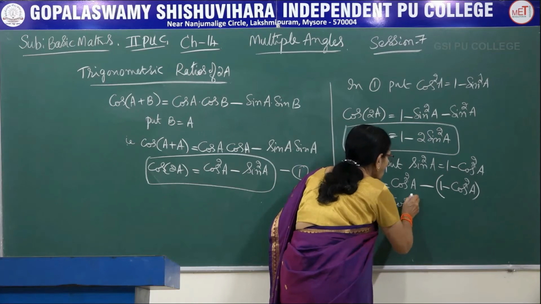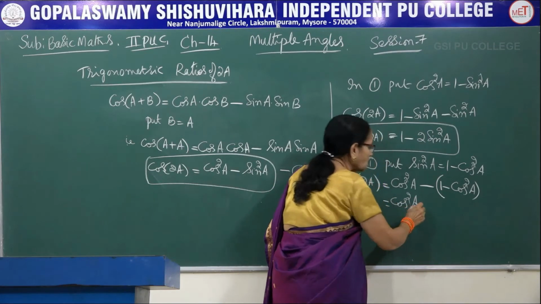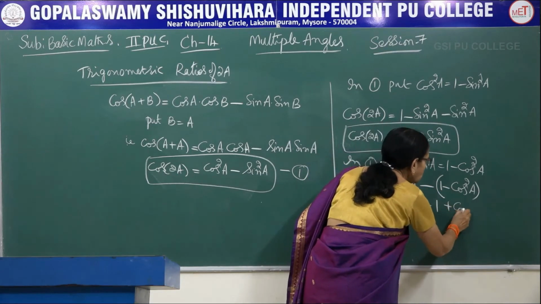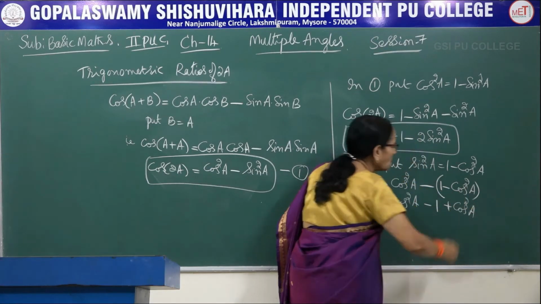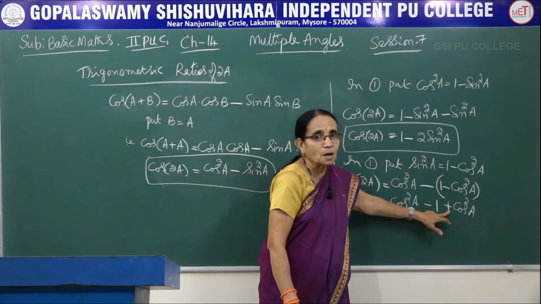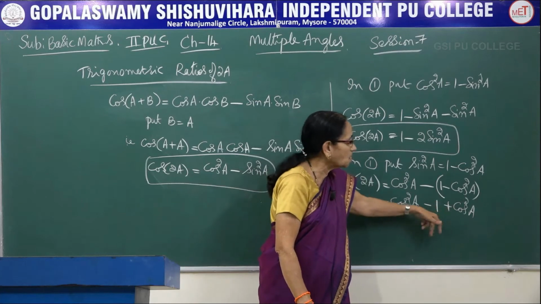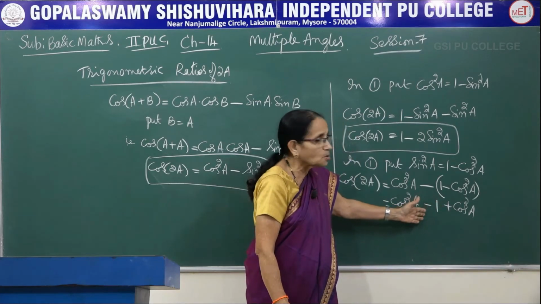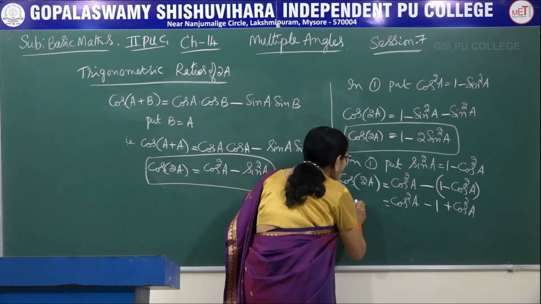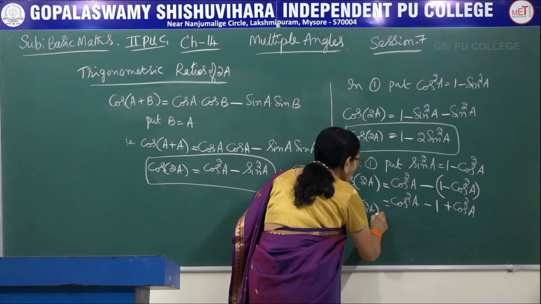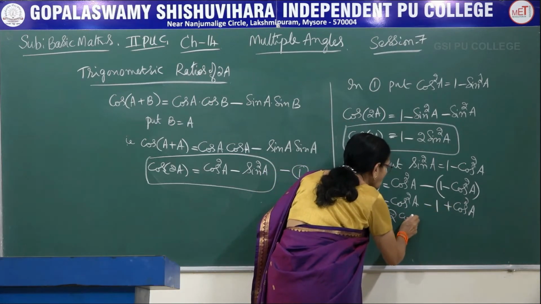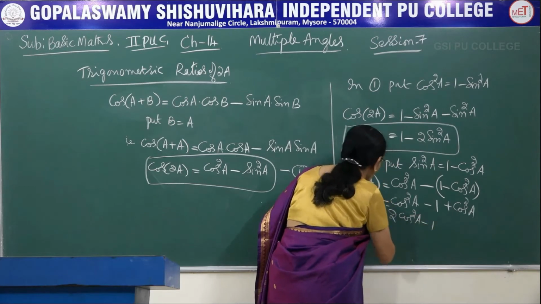Okay, now it is cos square A, write as it is, minus of 1, minus of minus plus cos square A. This is what I told you. Suppose you had not written the bracket, you would have written it as minus cos square A. And cos square A, you would have cancelled. Answer would become minus 1, which is not a correct answer. Now, adding the two cosine terms, what do you get? 1 cos square A plus another cos square A, it becomes 2 cos square A minus 1.